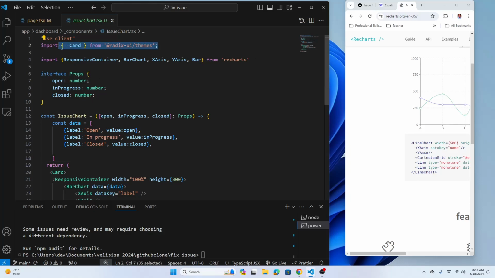we have card, import card from the Redux UI theme. This will be used in a client page, because the chart is a client-side interaction. The JavaScript runs in the client browser. So this must be used in a client page. We need a card from the Redux UI to display our chart. So from recharts, because we are creating a bar chart, bar like the fat one,